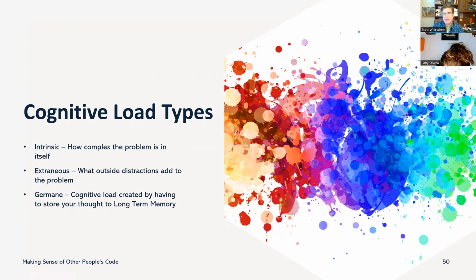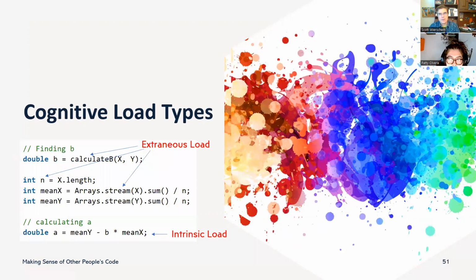So you've got intrinsic load, which is how complex the problem is in its nature. There's extraneous load, which is, what other distractions are there that make the problem harder to understand. Then there's germane load, which is the work that you have to do to take your thoughts and store them into long-term memory. All right, so for example, if you're calculating a least squares algorithm, the intrinsic load is